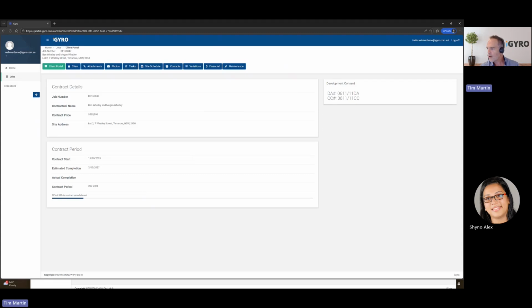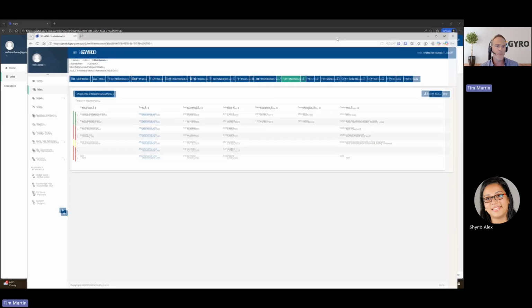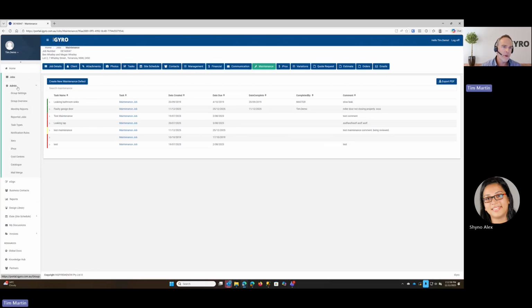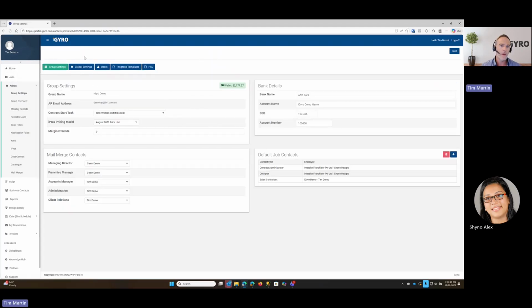So we'll move on now onto the admin side of things. So we'll pull the admin login back up again. And we'll just walk through the process of actually getting a client to have a login. So the first thing we'll look at is under the admin panel, go to group settings, and then go to